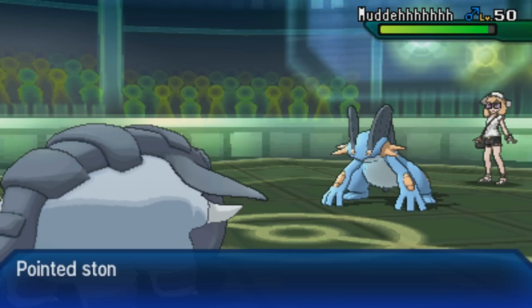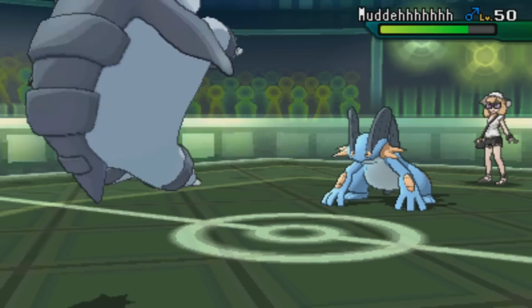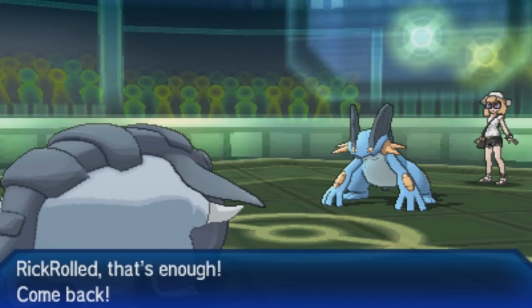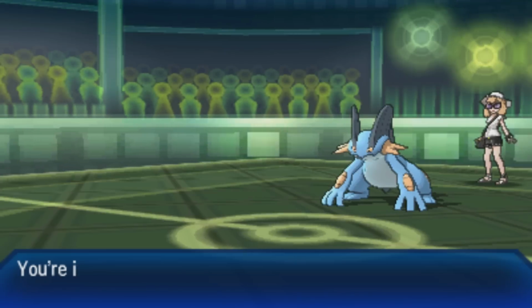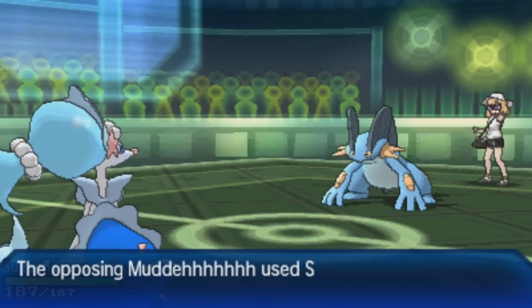So I went for a Knock Off again just because I knew it would take out the Scizor, and if he did end up switching, it'll get rid of an item, so that's awesome. I get that off on the Swampert, and there are just items all over the ground here. So many Knock Offs happening. There's going to be somebody with a metal detector walking around on this battlefield later, but